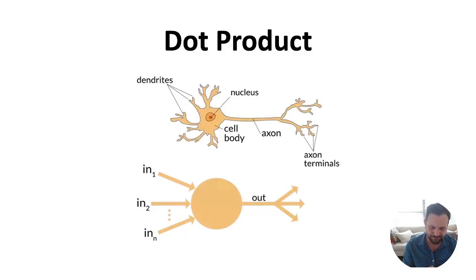We mimic these neurons with artificial neurons that do nothing but a weighted average of their inputs. That's what the dot product is. We multiply input 1 with some weight, plus input 2 with some other weight, and so on for all of the inputs, and when we sum, there we go, we have our output. Mathematically speaking, this operation is